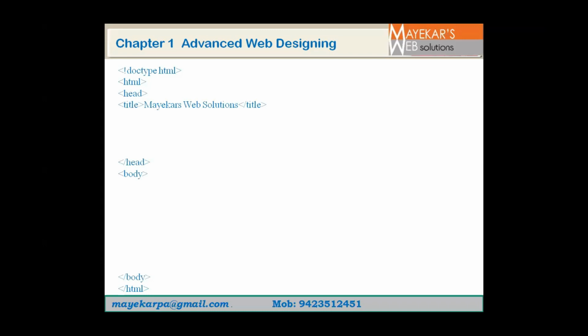In this general structure of HTML, first of all, we create a heading. If you want to create a heading, it is possible by using the h1 tag. Here I use the attribute align to align the content inside the h1 at the center. So h1 align is equal to center, and then Makers Web Solution is the content I have enclosed inside the h1 tag. Next, I'm going to create a paragraph. The paragraph must also be aligned at the center, so I'm using p align is equal to center. Here I'm going to write a paragraph.